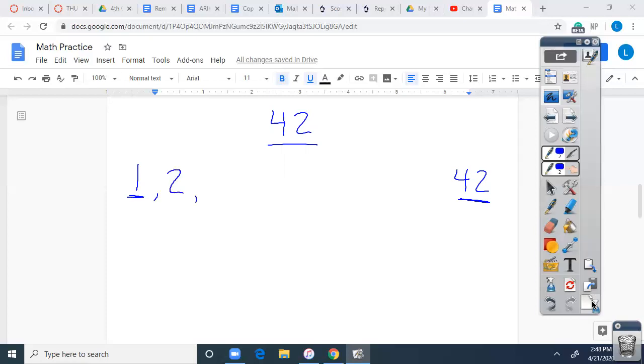2 times what equals 42? Well, you just take half of 42, you get 21. Right, so 2 is a factor of 42. 21 is a factor of 42. Okay, and then you'll keep going, you'll get 6 and 7. Those are both factors of 42 as well. Okay,